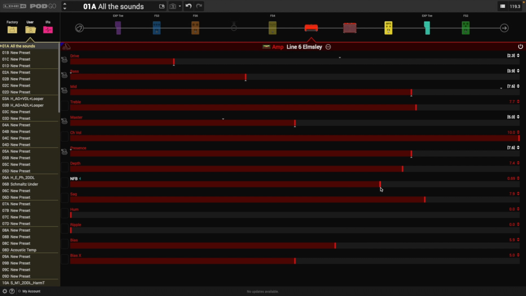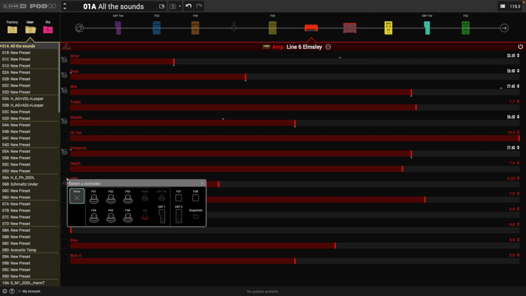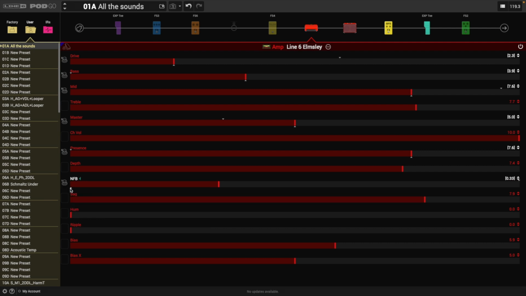So here's what I'm going to do. I'm going to find two settings. One of them is 0.69. And then I'm going to find a real small setting, 0.33. Watch this. I'm going to assign this to FS1. That's the one foot switch I haven't used yet. I'm going to have the minimum here, and the maximum, we said, was 0.69. Sometimes I write these things down as I'm going. All right. So now what's going to happen is